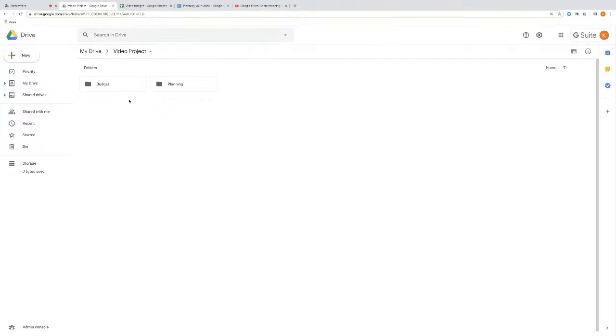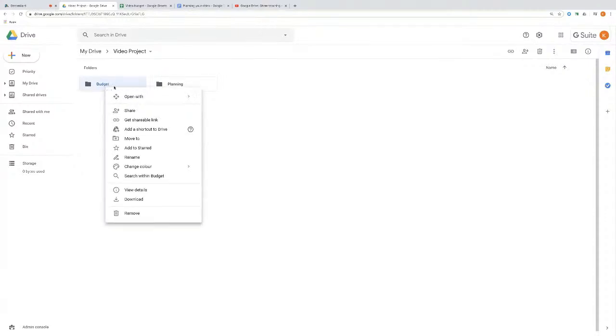Now, the good thing about this is, in terms of organizing, this is something that I use quite a lot. It's color coding. So you can right-click on the folder and come down through the settings, and you have a variety of different colors you can change your folders to. And I find it's really helpful in terms of filtering what I'm looking for. I can remember that everything in budgets could be green because it's the same as sheets. Docs could be blue because of the icon being blue for docs. So it's just an easy way for me to remember that.